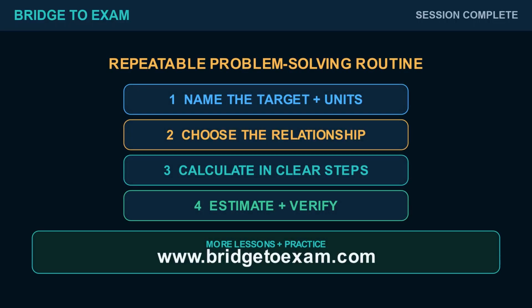Use this routine. Name the target and units. Choose a relationship. Calculate with clear steps, then estimate and verify. Choose the statistic or graph feature that matches the question, calculate with totals and counts, and interpret its meaning and